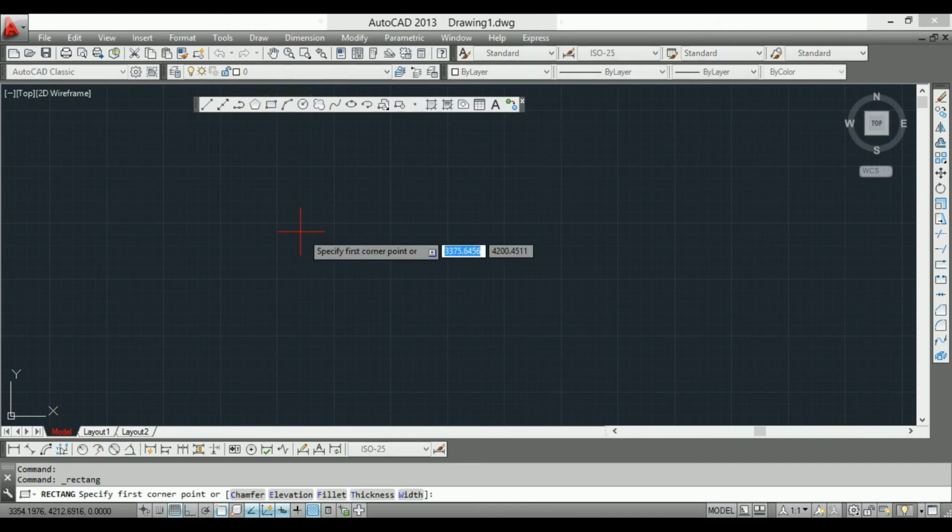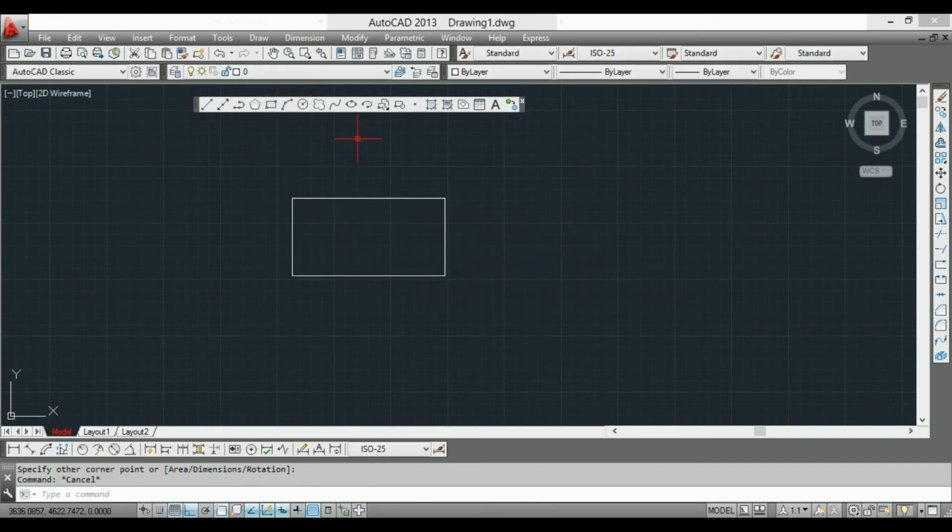Suppose we have a rectangle like this and another rectangle like this. We want to highlight the intersection area between the two rectangles, so we will highlight this area with the hatch.